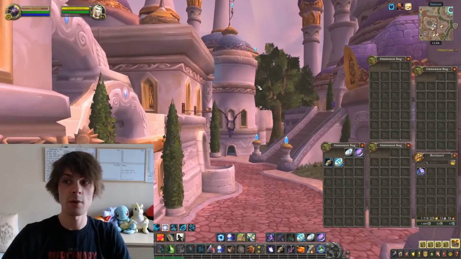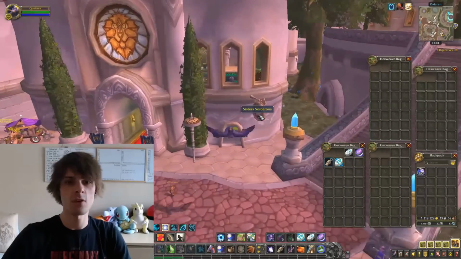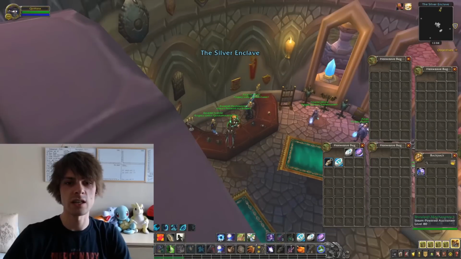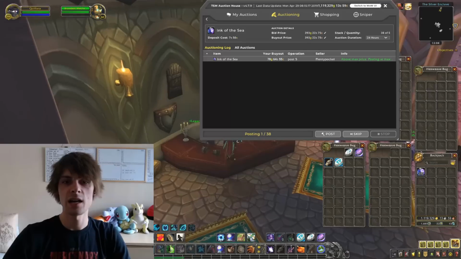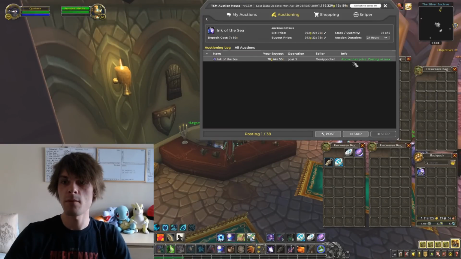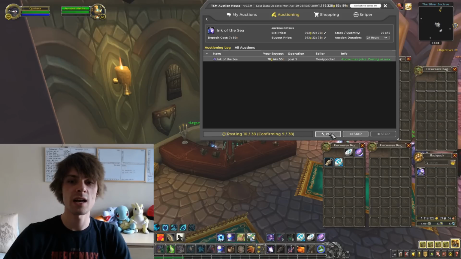So let's actually post this on the auction house. We'll fly over to the auction house and we'll see if this operation works. Now make sure that this is in yellow, so you just click it to deselect and select. So obviously we've left it at select, and it's just scanning it above maximum price, posting at maximum price, which we set at the market value, which is 78 gold, 64 silver and 55 copper. And all we're doing is now posting this to the auction house,